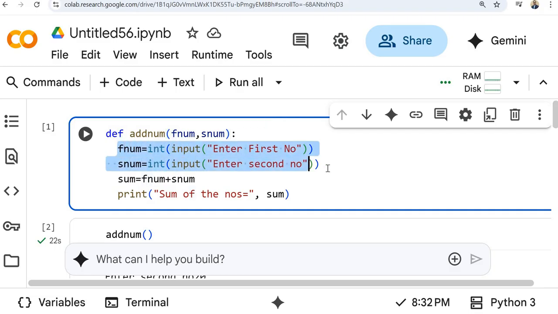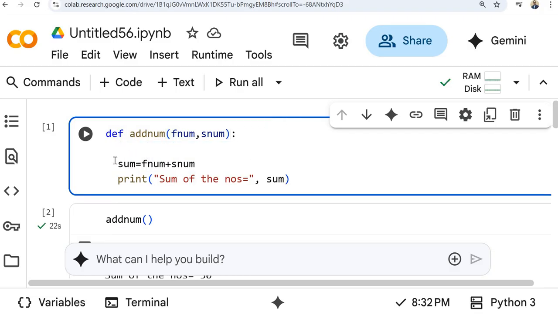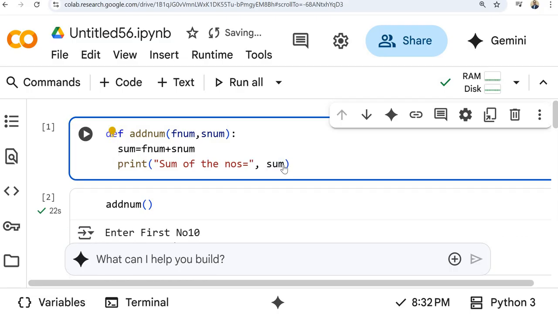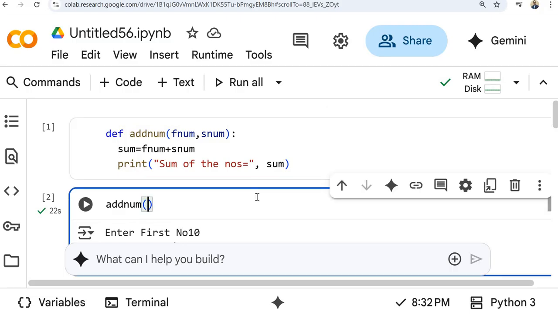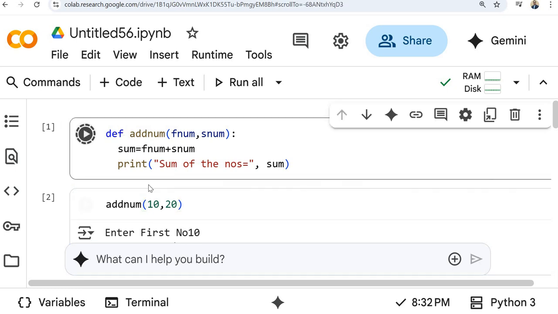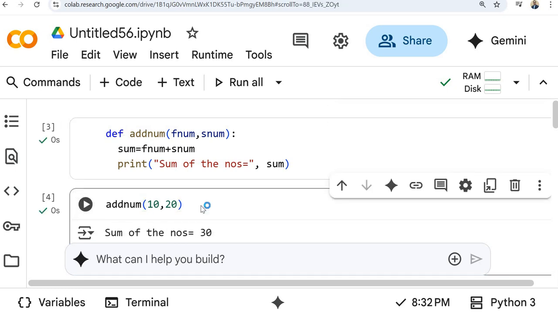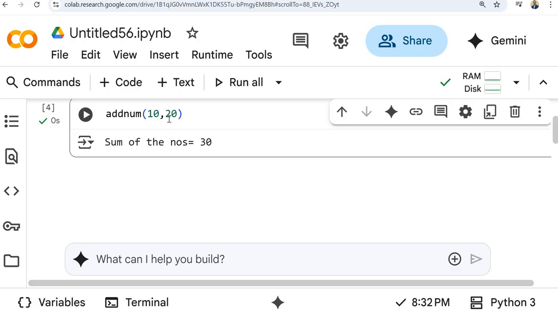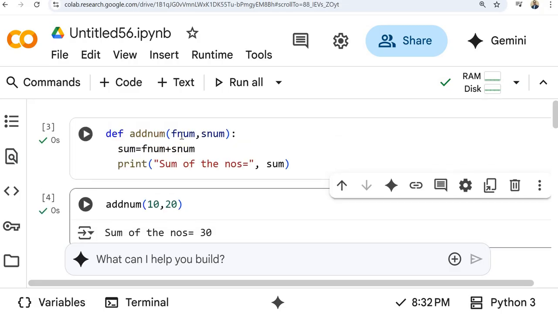Then you don't need to take fnum and snum. Directly in sum, what you can do is sum of these numbers. But at the time of calling, you have to provide these numbers like 10 comma 20. In that case, at the time of calling you can also provide these numbers, because